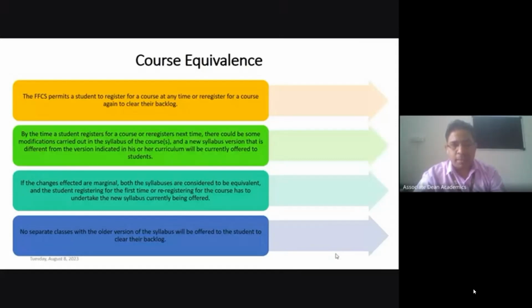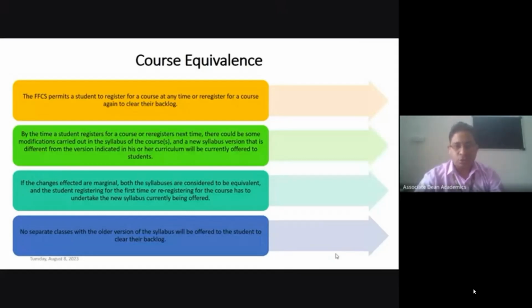The credit requirement will be completed through Y course, and that will compensate the credit requirement of X course. Credits will reflect against X course only in your grade sheet, but they will be completed through Y course, because Y course is equivalent to X course. That is the sense of course equivalence.